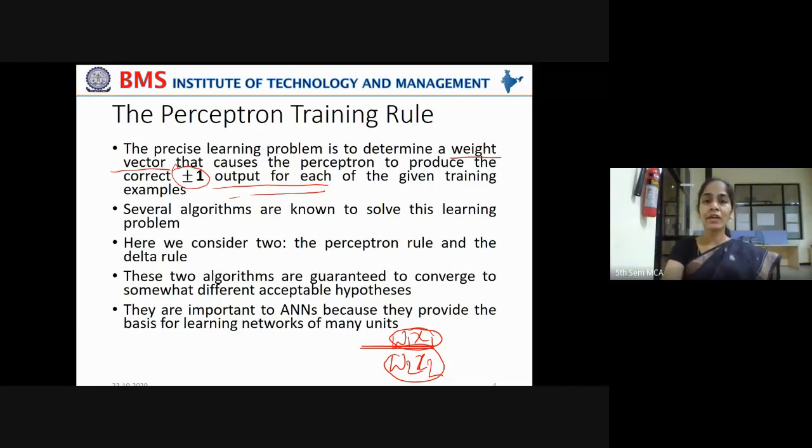Right? Now, several algorithms are known to solve this learning problem. There are various algorithms, right? In the first chapter, you have seen some algorithms. In the second chapter, you have seen some algorithms. The second chapter was mainly for categorical variables, but still we have seen how to make it work for continuous valued variables also.